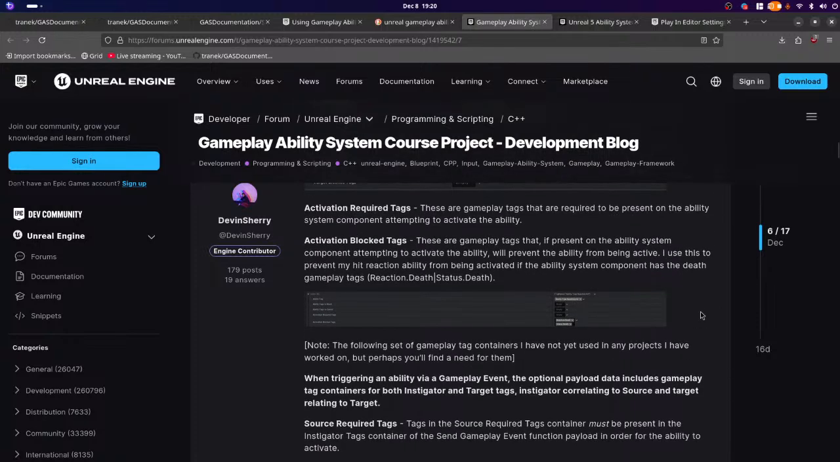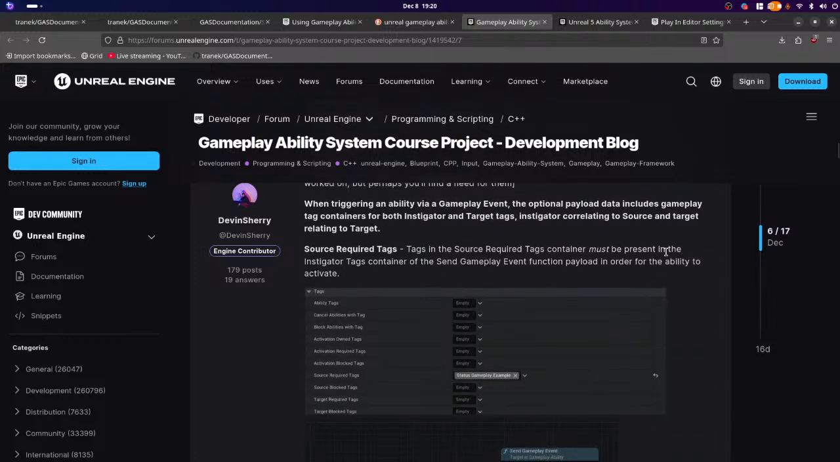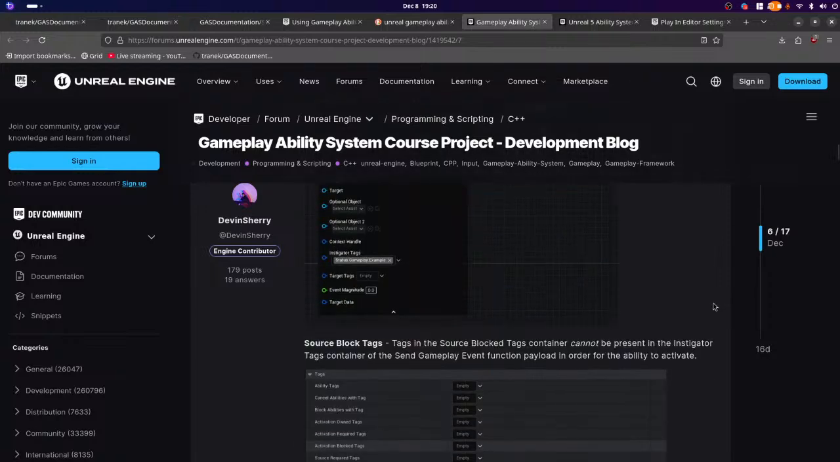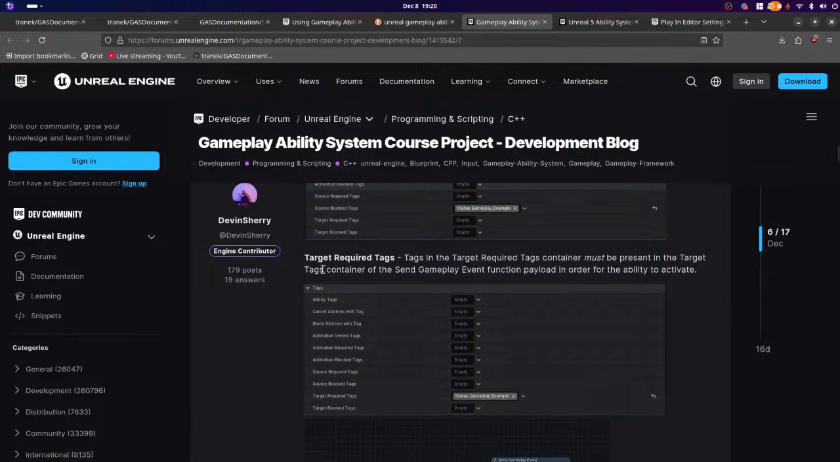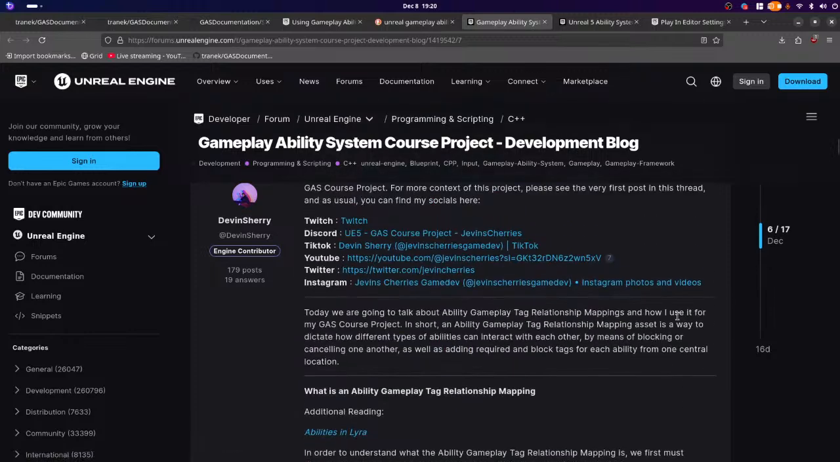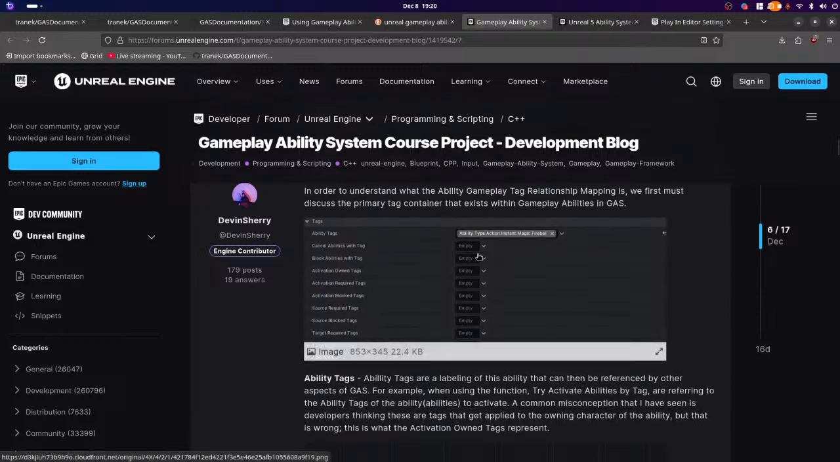Okay. Activation required tags. These gameplay tags are required to be present on the ability system component when attempting to activate the ability. Activation blocked tags, source required tags, must be present in an instigator's tags container for the send gameplay event function. Source block tags, target required tags and target blocked tags containers must be present. Okay, so we probably want to do